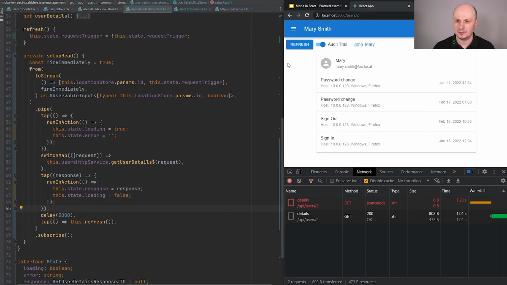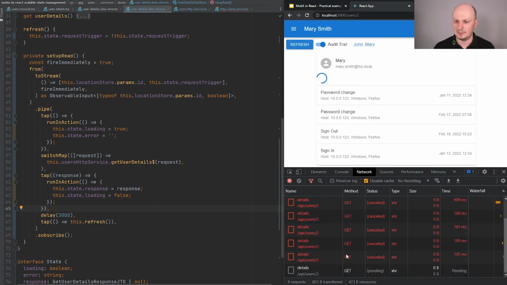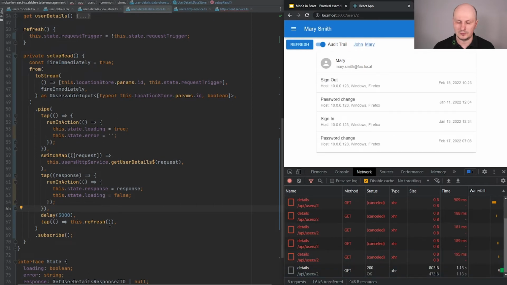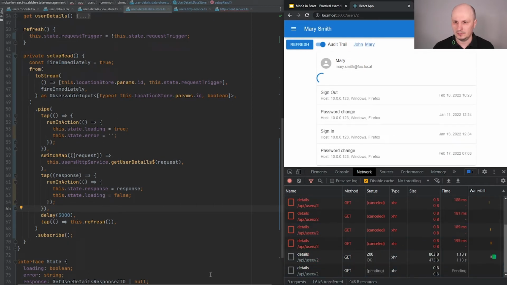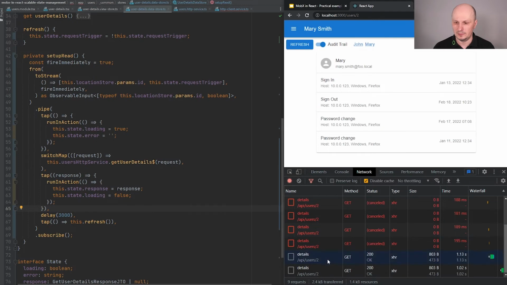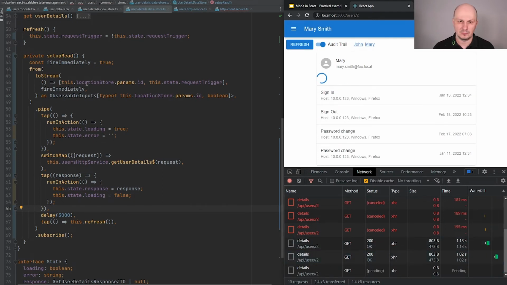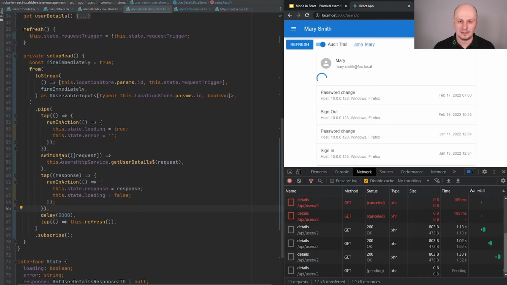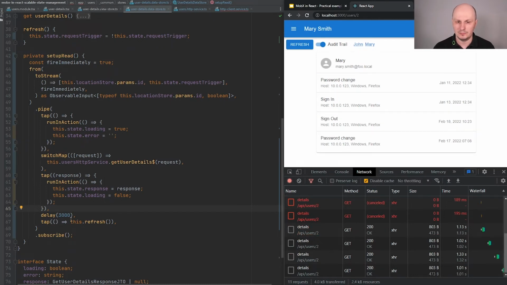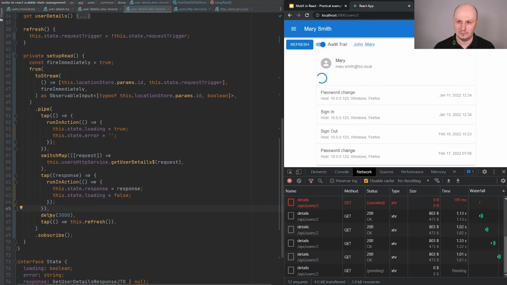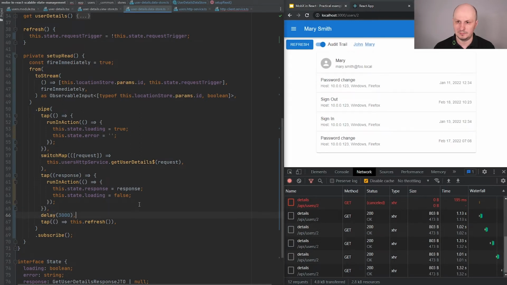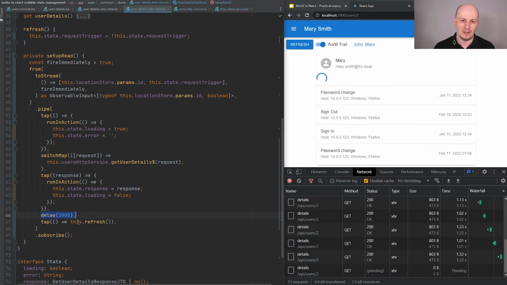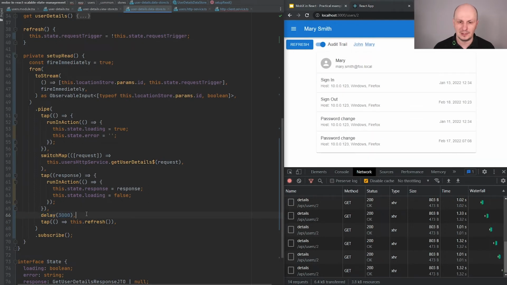All right, what if I click refresh button many times while we also have pending polling? It works fine, because when I hit refresh button, it again cancels the whole stream, no matter if the current point was after this delay or before this delay.